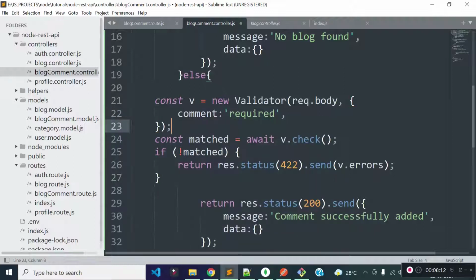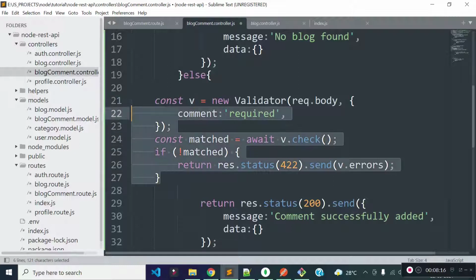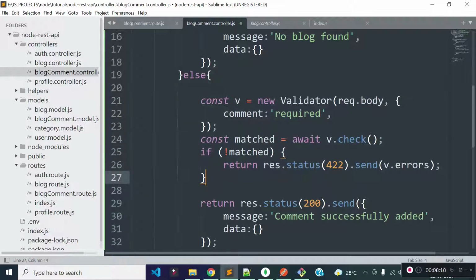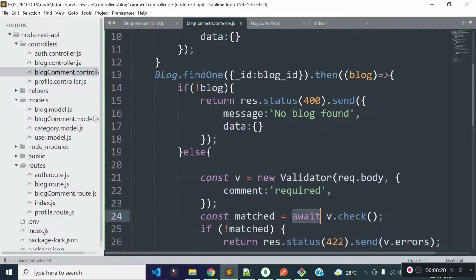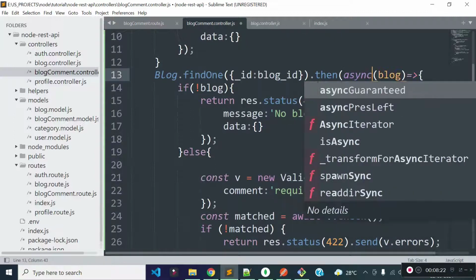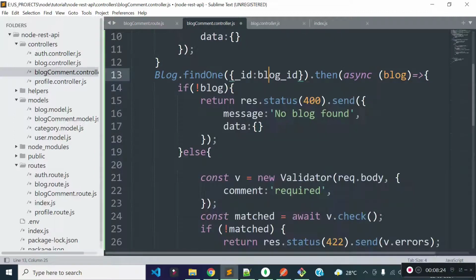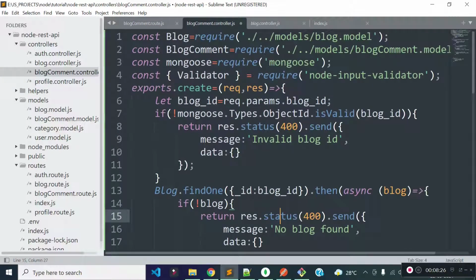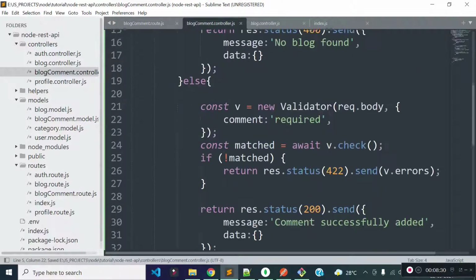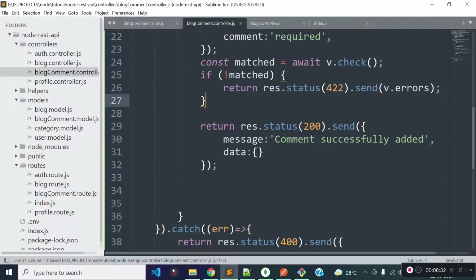We can check whether validation passes or not with the help of the check method, and we are using await inside this callback method, so I need to add async before this callback method, and also before this create method. Now if validation fails, then I'll return a JSON response with status code 422 with error messages.